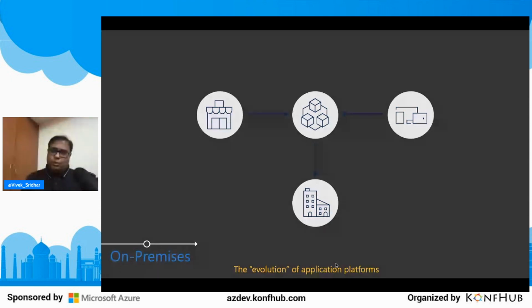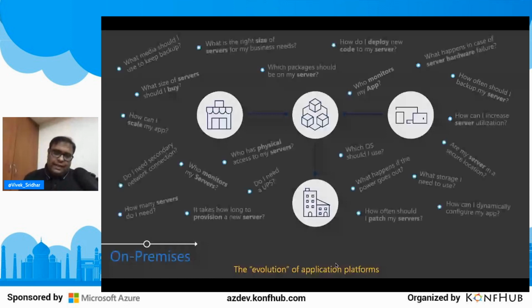Everything was on premises, how we were doing it, and we had so many questions to answer, right? Like how many servers we need to procure, and what about the power outages? How do we manage these power outages? Who's going to have physical access to the server? So there was a room, just like how Rohit was freezing, we were also freezing going into that room and wearing some jackets and other things,